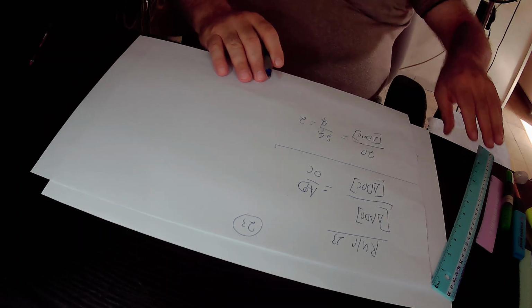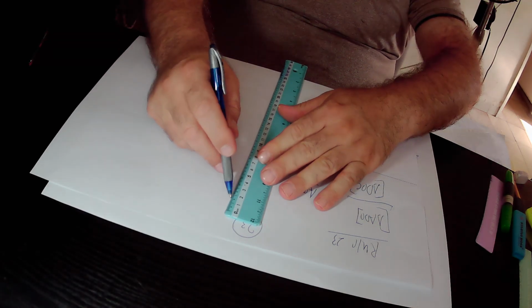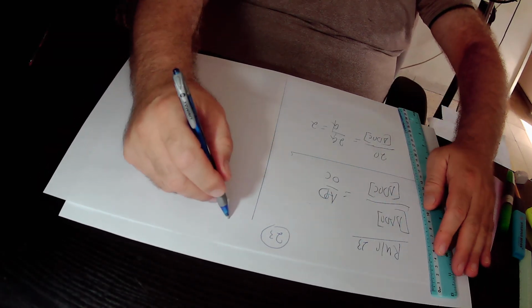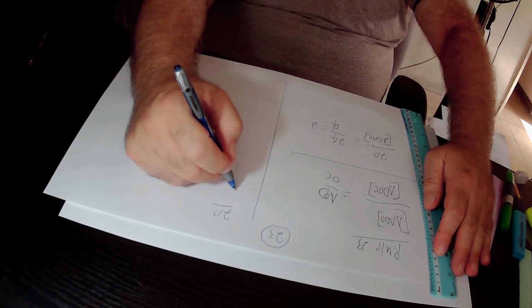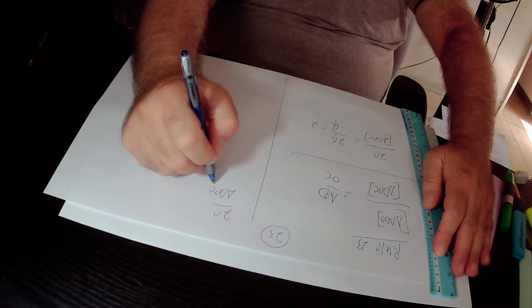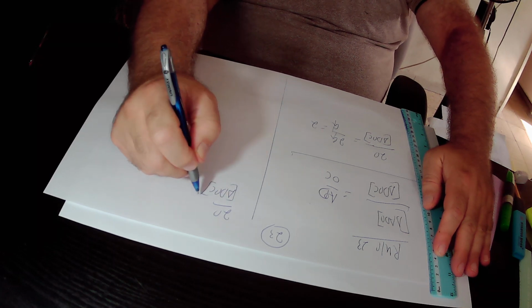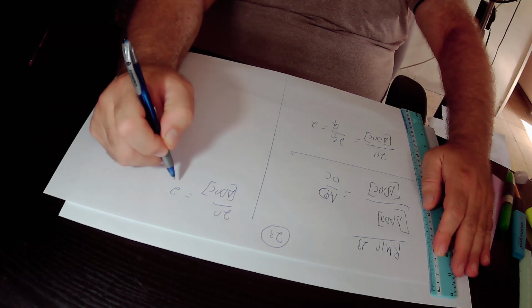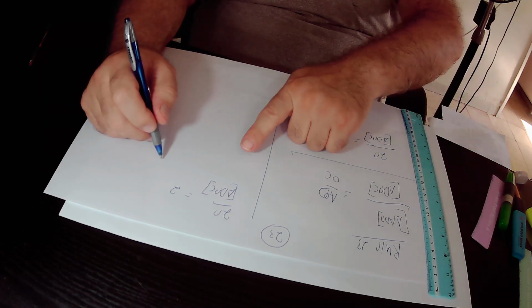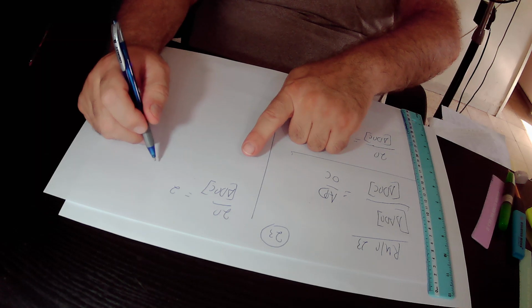So in total, we shall find that 20 over the area of the small triangle DOC is equal to 2. So here we multiply this equation by the area of triangle DOC,